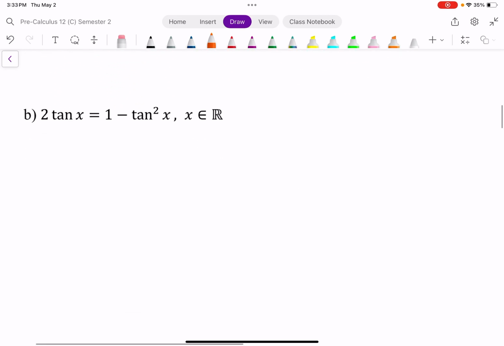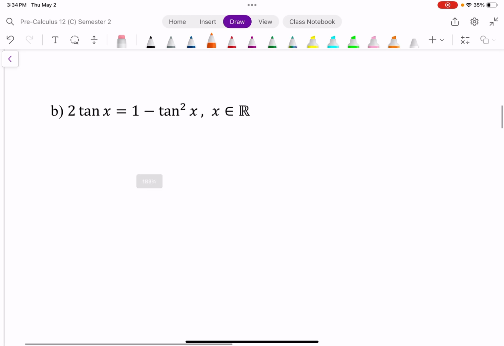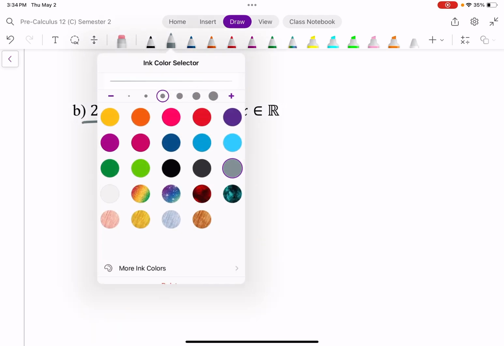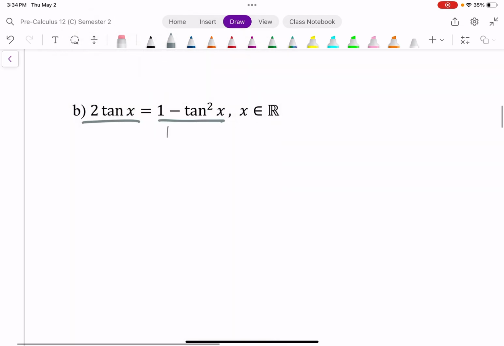For the second equation, I have no restrictions. X can be any real number, but I have a messier equation. The key to this is realizing this has elements of the double angle identity for tangent. And if I divide both sides by 1 minus tan squared x,